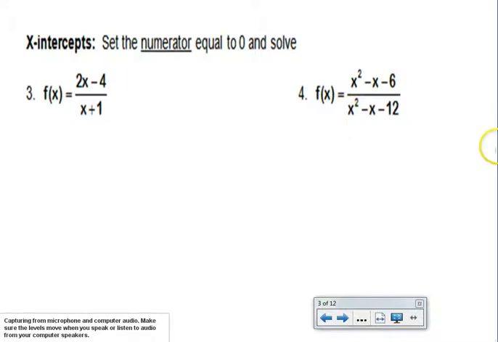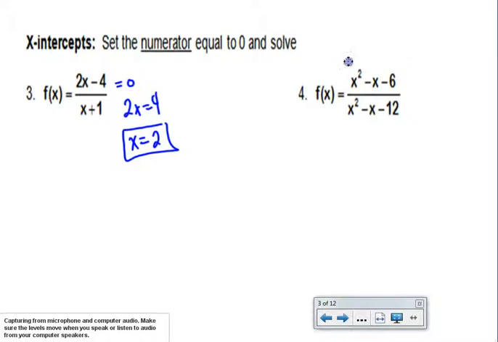The x-intercepts in a rational function can be found by setting the numerator equal to 0 and then solving. So sometimes they're very simple. 2x equals 4. So my x-intercept would be at x equals 2. We also want to be careful about something called a hole. Some of you saw holes in Algebra 2 when you were graphing rational functions, and some of you did not. So it's always a good idea, even though we're only interested in how the numerator can come out to a value of 0, you really should factor both the numerator and denominator to make sure we don't have a removable